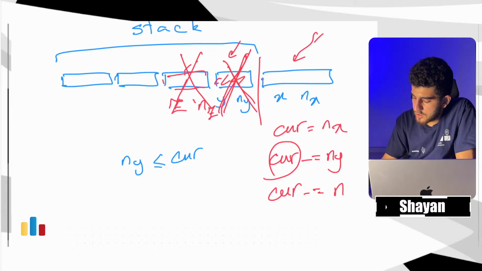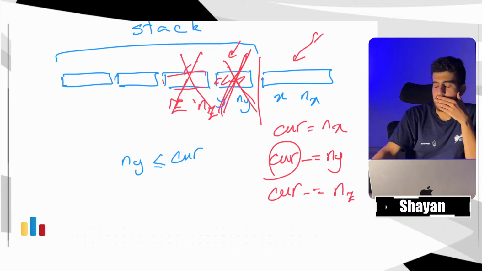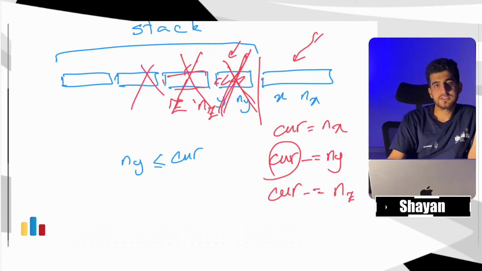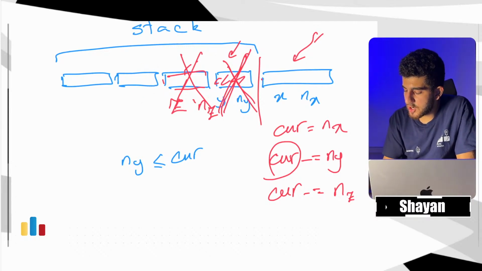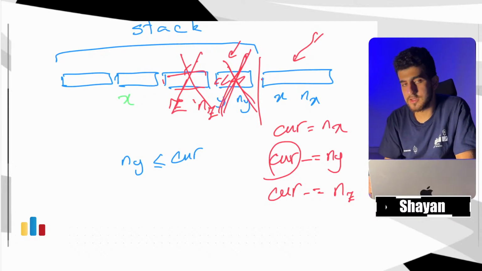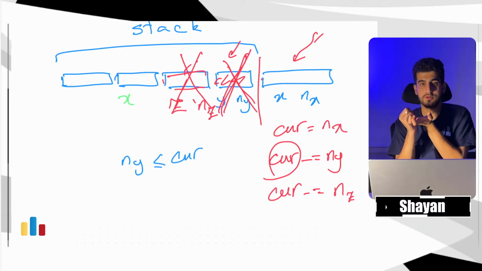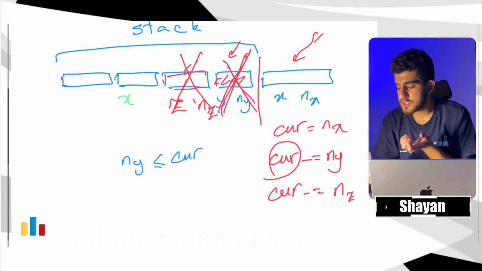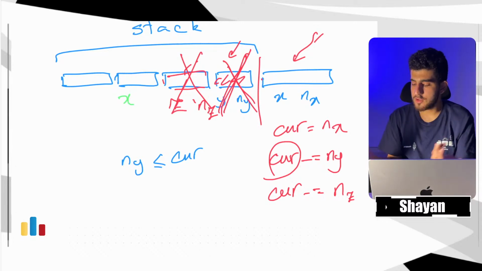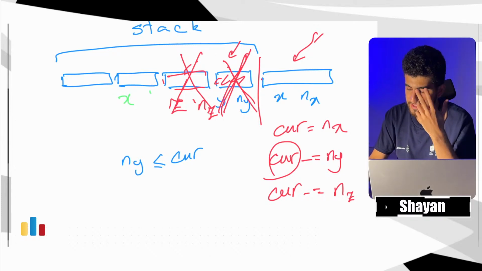So car will be subtracted by n sub z. And I will continue doing this, and if at some point I reach a block such that I again see x, so I reach some block with the same value. If I reach a block with the same value, these two blocks now can be merged. So all I do, for example, if this is x with some value like s,